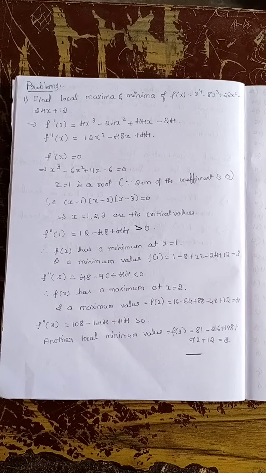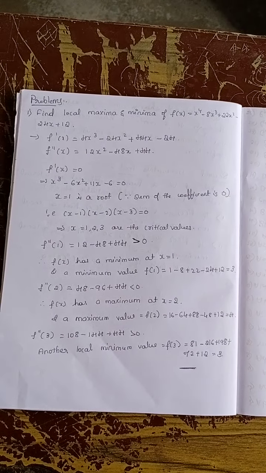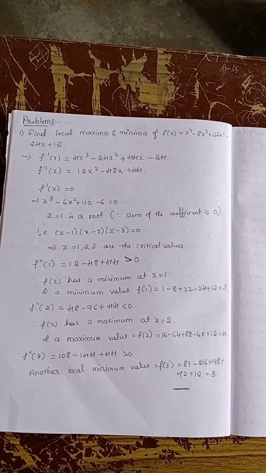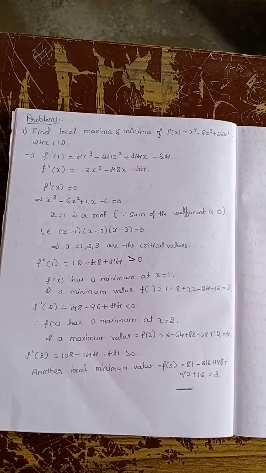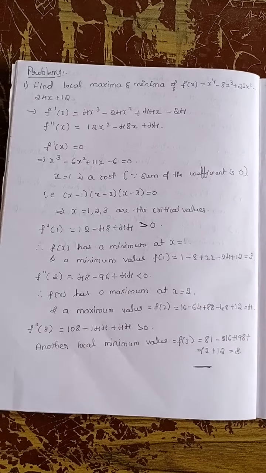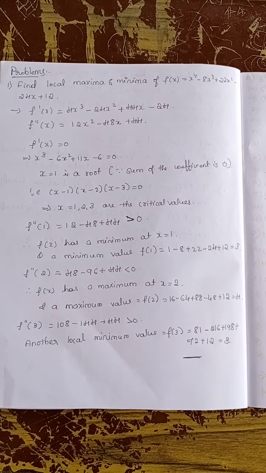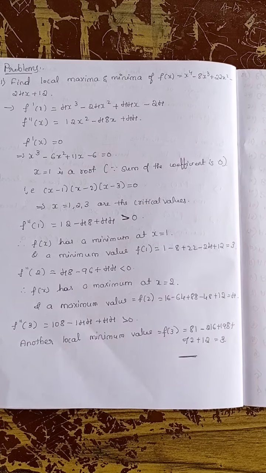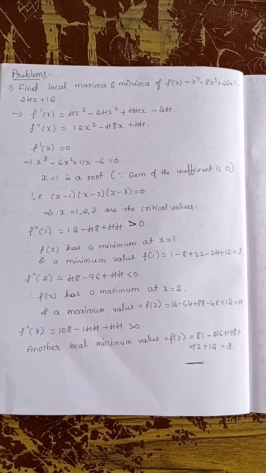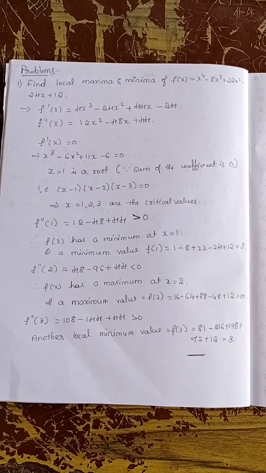Find the local maxima and minima of f of x is equal to x to the power 4 minus 8x cube plus 22x square minus 24x plus 12. So f dash of x is equal to 4x cube minus 24x square plus 44x minus 24, and f double dash of x is equal to 12x square minus 48x plus 44. So f dash of x is equal to 0, then we get the x value as